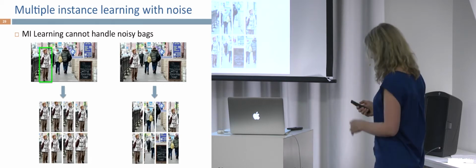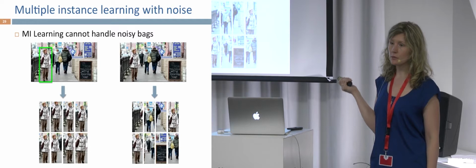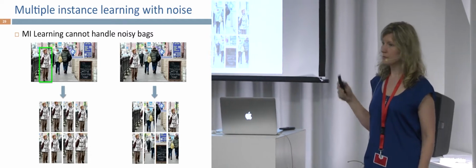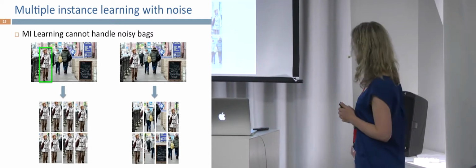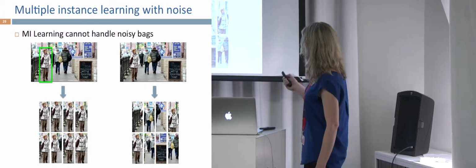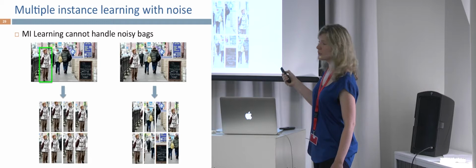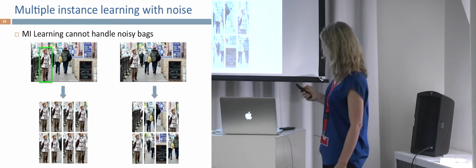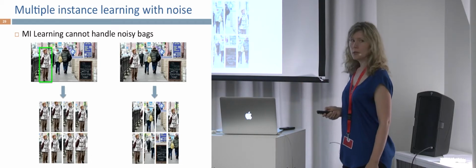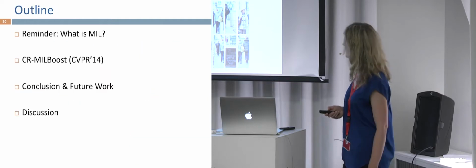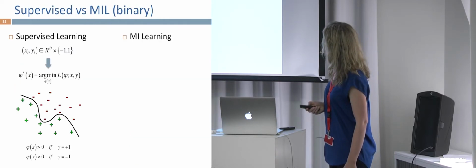Yes, so we could do random cropping, but here we use a much stronger method that is an existing method in the literature. It's a segmentation-based method. It tries to find segments that look like they could be objects. Any other questions? Okay, so